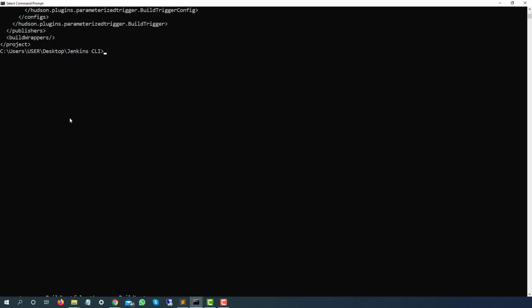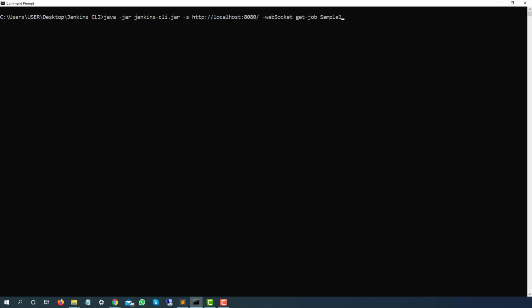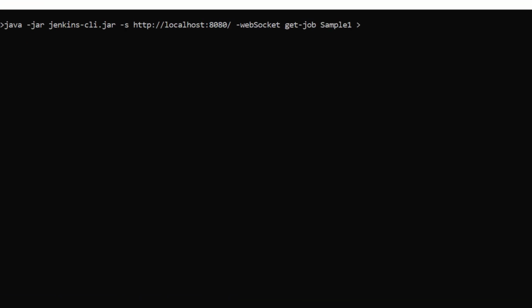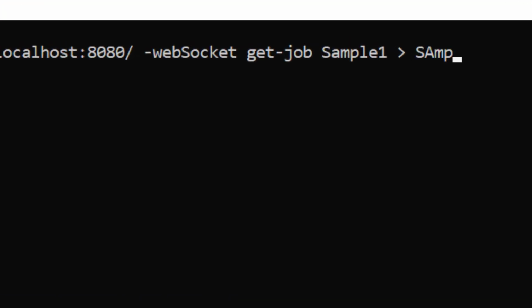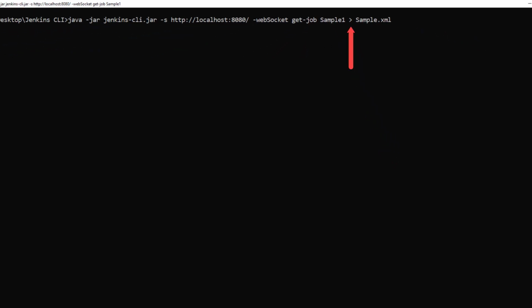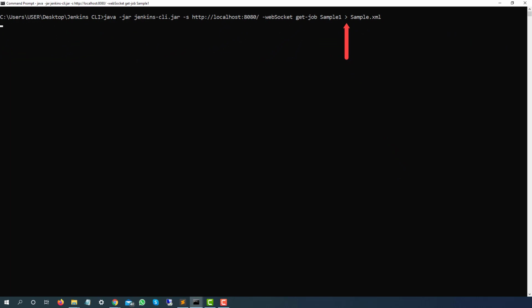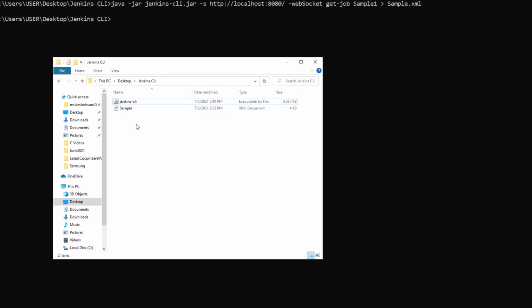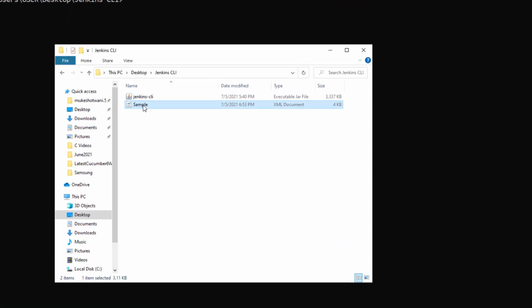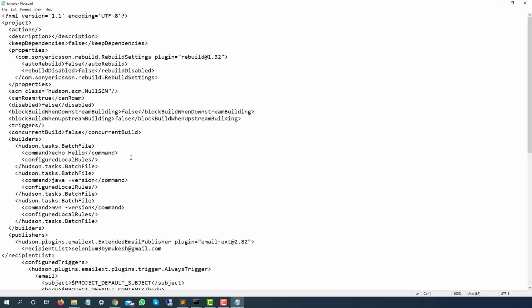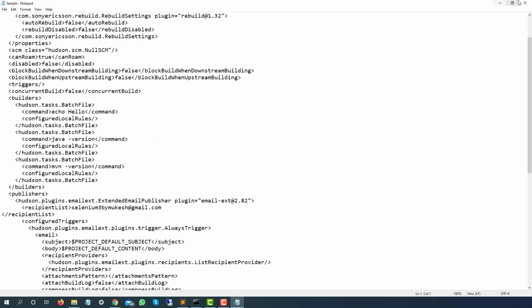But basically I want this in an XML file. So let me clear this out. I will say please dump this into one file called sample.xml, and then hit enter. So instead of printing on the console, right now we are dumping into a sample.xml file. Now if you see, we got the same thing inside the sample.xml file. If I show you this file, see, the same thing is in the file. Now I can use this file to create another job.